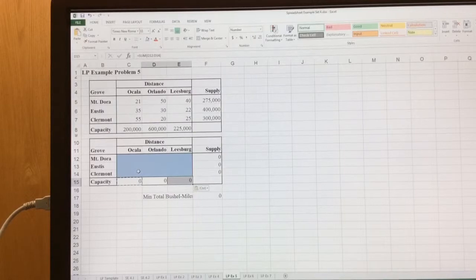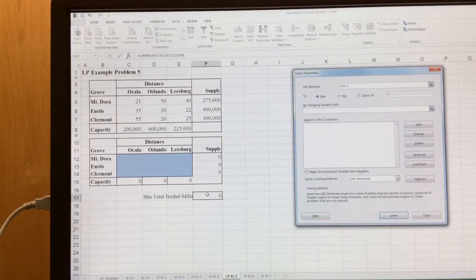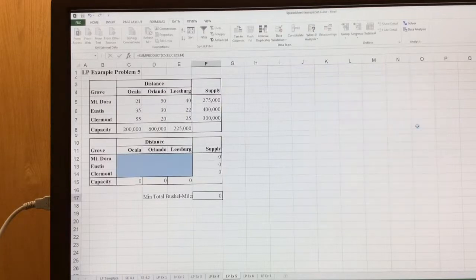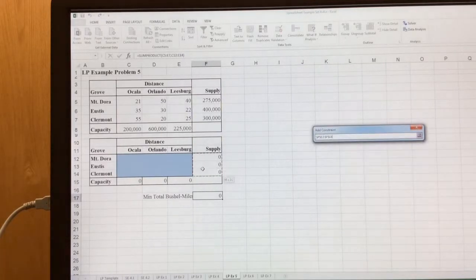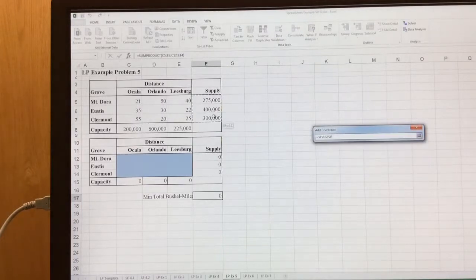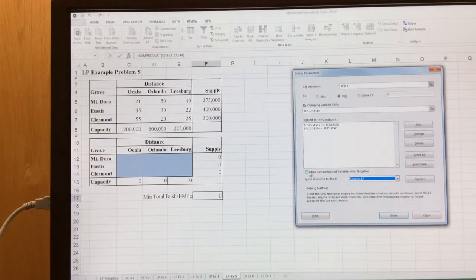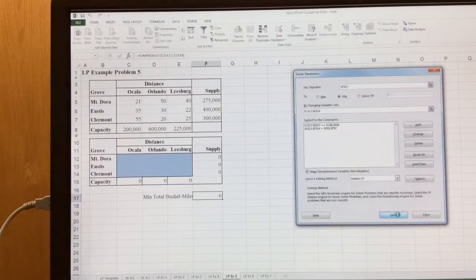Now I have it all set up in Excel. All I need to do is use Solver correctly. So I go Data, Solver. My objective is to take my total bushel miles and minimize it by changing all 9 x's. I'm going to add a constraint such that the amount coming from the orchards is equal to the amount I have in the orchards. The other is that the amount I'm sending to each factory is less than or equal to the capacity of each factory. I click OK. I'm going to go to Simplex LP. I'm going to make unconstrained variables non-negative. I click Solve,